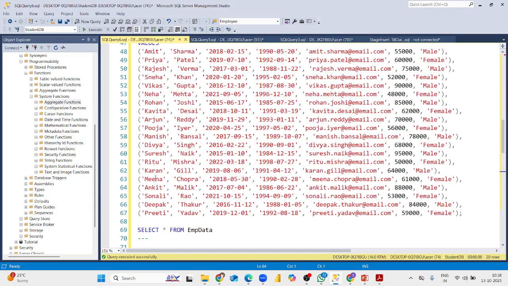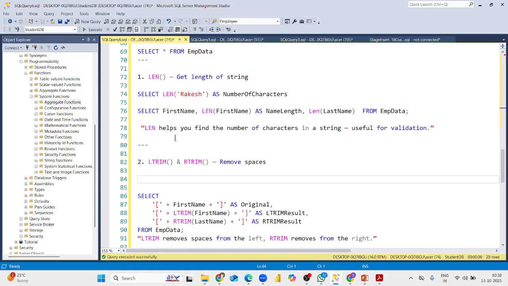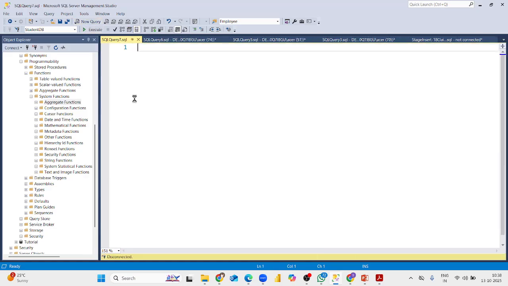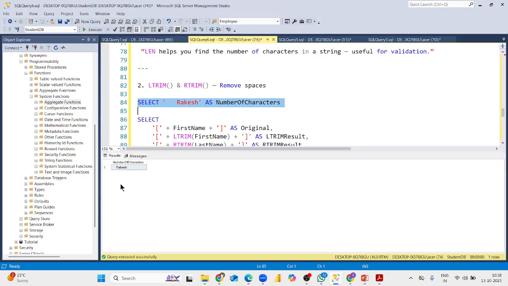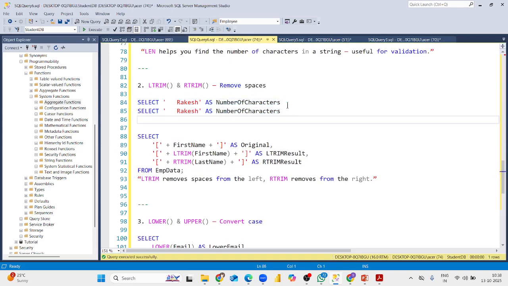We don't see any of the spaces, so it will not remove anything. But let's add some spaces. We have seen this one, right? So I will take the same example and add some 1, 2, 3 spaces here. If I select this value with spaces, you can see in the result set it is still having the spaces. Okay, same value if I use with ltrim,